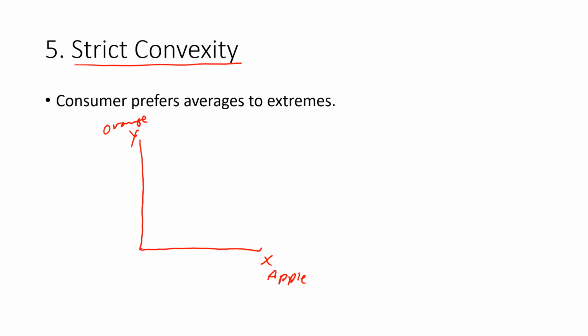Bundle A consists of more oranges and less apples, whereas bundle B consists of more apples and less oranges. So graphically, bundle A has more oranges and fewer apples, bundle B has more apples and fewer oranges, and we can see that if we extend those lines,